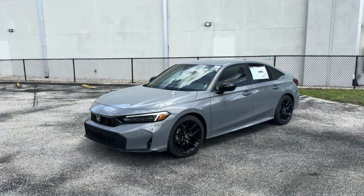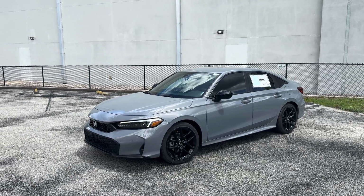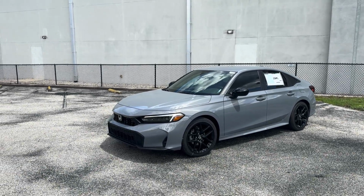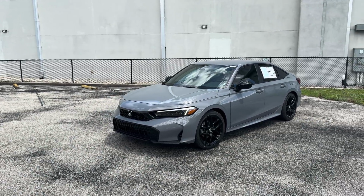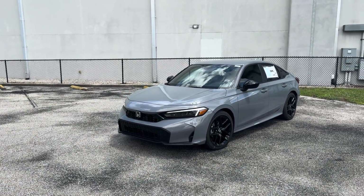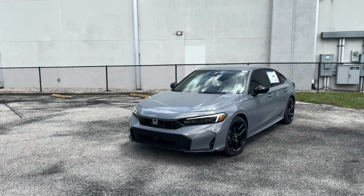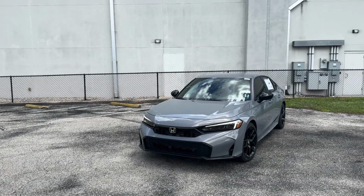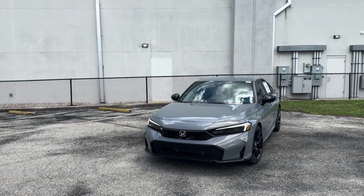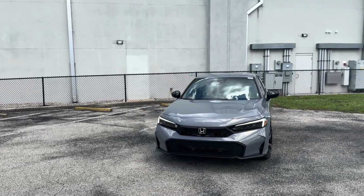And for those of you guys who don't know, the Civic started off as Honda's subcompact car back in 1972, moving up to the compact segment for its 6th generation in 1995, and sticking to it through the 11th generation, which has been with us since 2022 and facelifted last year for 2025. For 2026, the Civic holds on to its new styling, interior layout, as well as its new powerful and efficient hybrid model, available as a sedan and a hatchback, with the non-hybrid sedan coming available in 2 trim levels, the